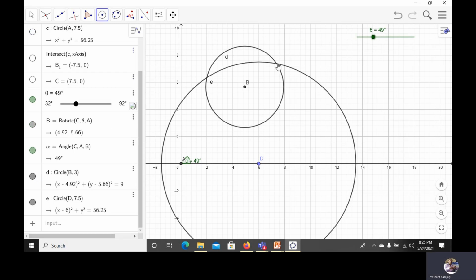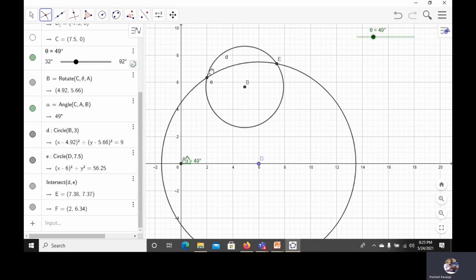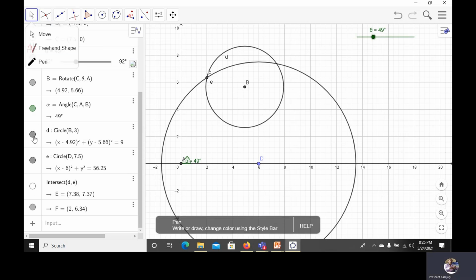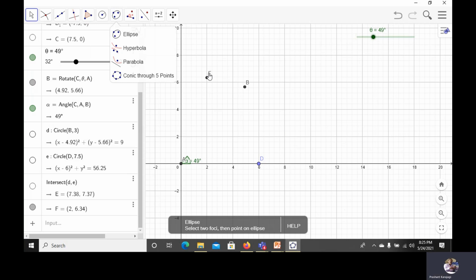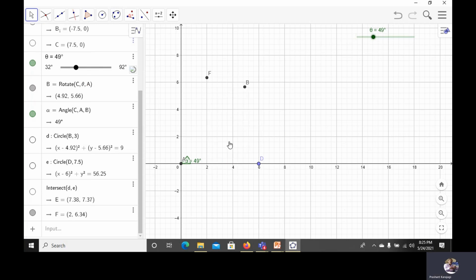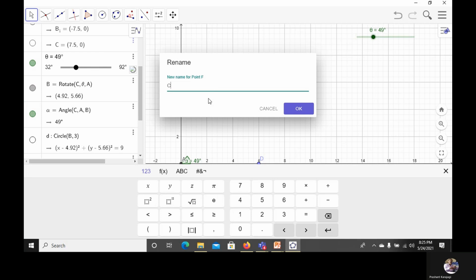Now here you are observing two intersection points, right? So use the intersect command on these two circles. We are not interested in E, so deselect E as well as the circles. Now rename point F as C.